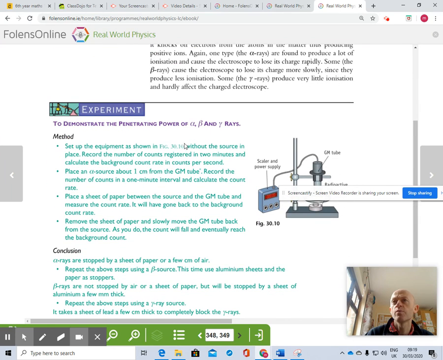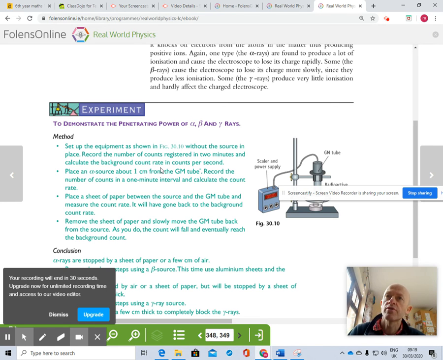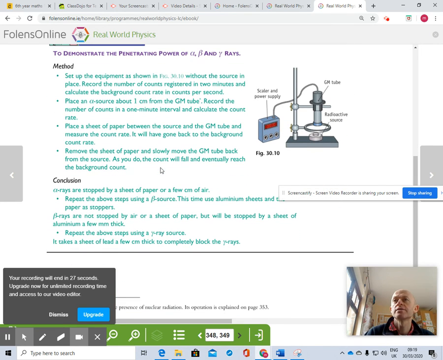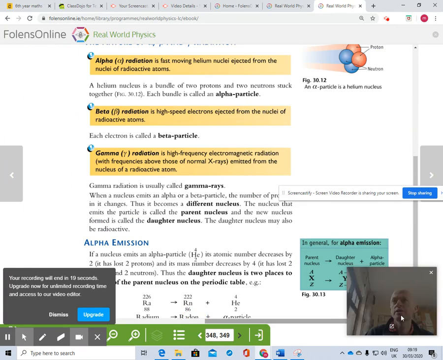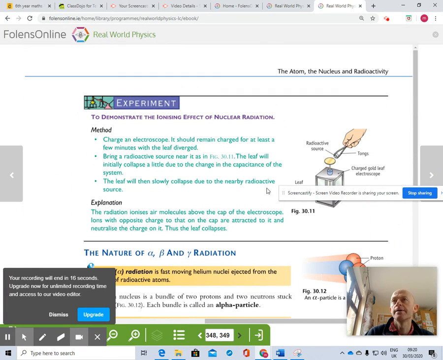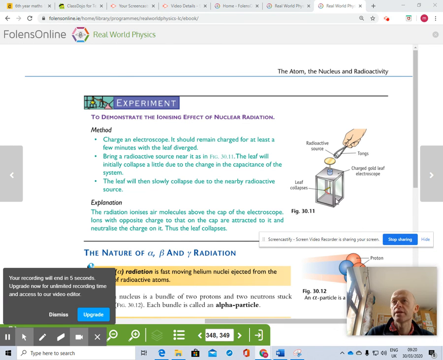Now, if later on we meet a Geiger-Müller tube that's used for detecting radiation, in all these experiments, the first thing you must do is get the background count rate, and then you subtract that away from any further calculations. And so you can read the experiment there yourself. It's nice and straightforward. And the same with the next experiment here. Demonstrate the ionizing effect of radiations. You'll find if you use a radioactive source that has alpha particles that it will collapse the leaves the quickest. So again, the radiation ionizes the molecules above